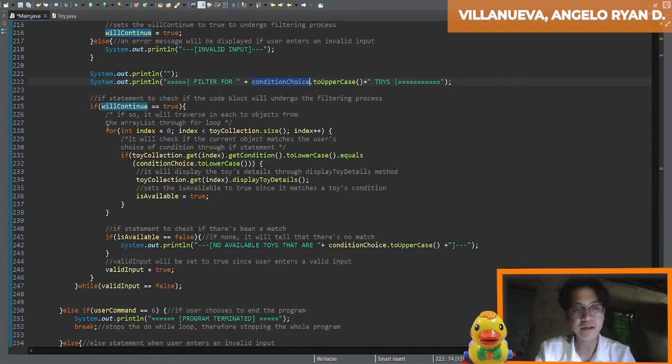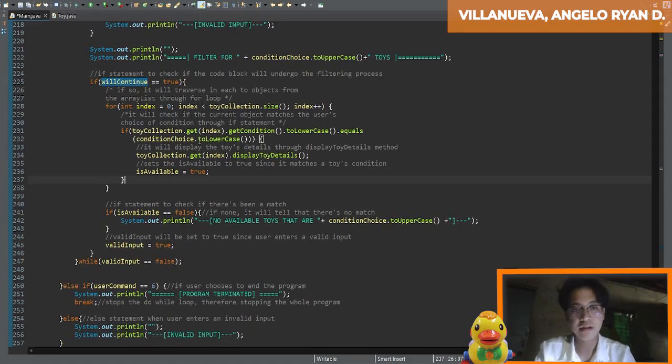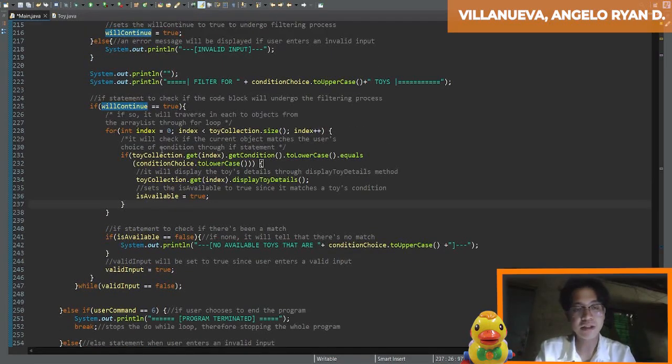Under the filtering process, we have the for loop. Its purpose is to traverse each object from the array list named toy collection. In this part, it checks each toy object in the array list to see if the chosen condition matches the current toy object's condition.